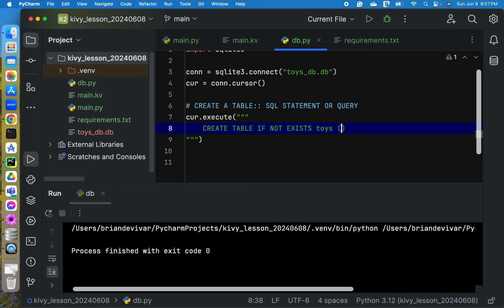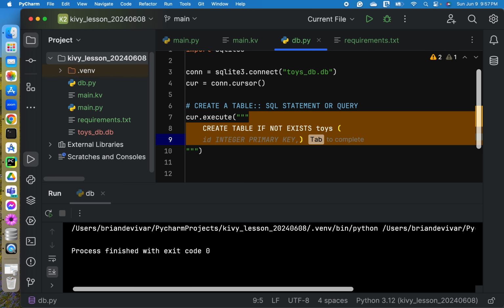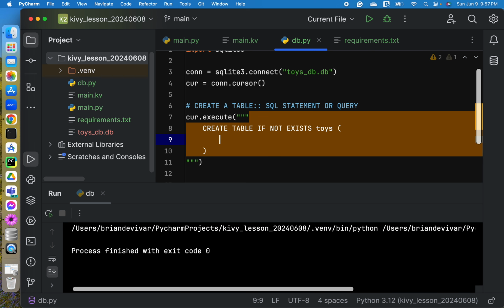Within this open and close parentheses is where we will put our table fields or columns.